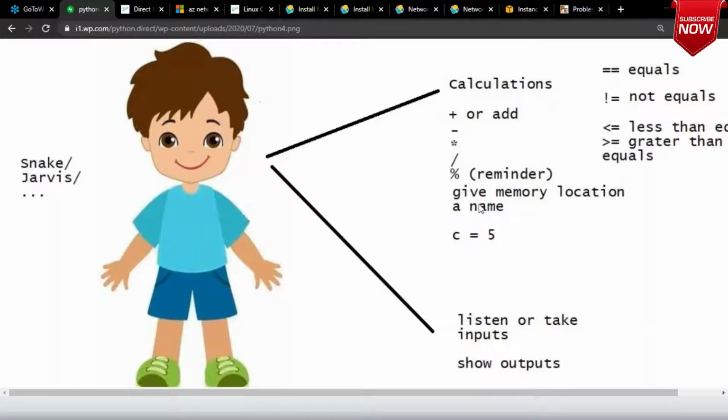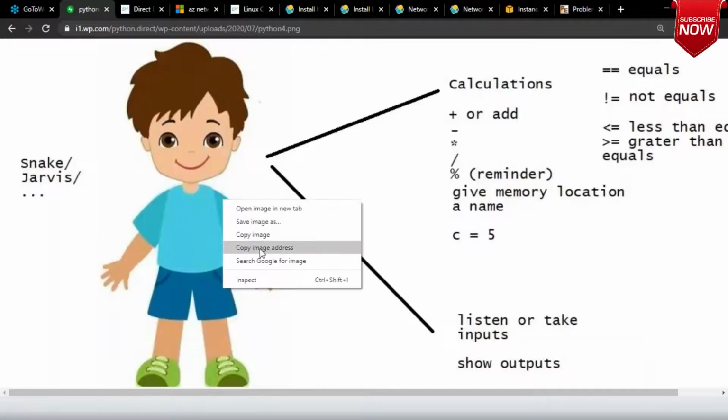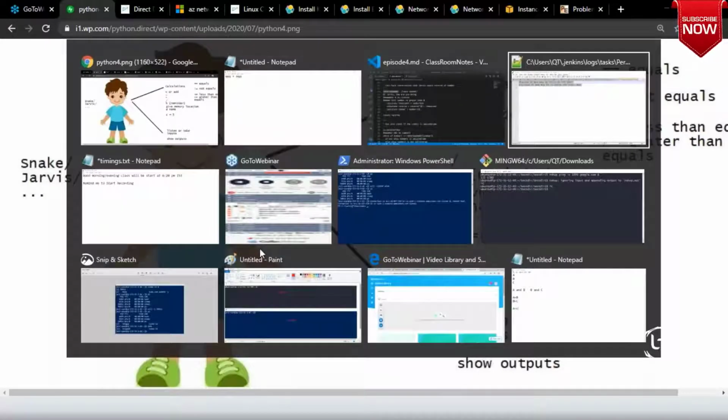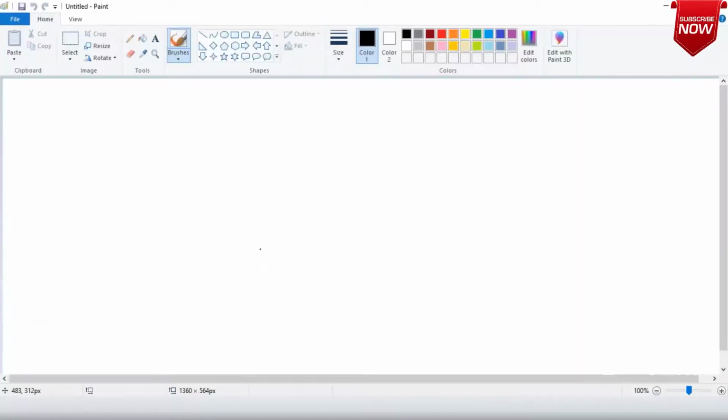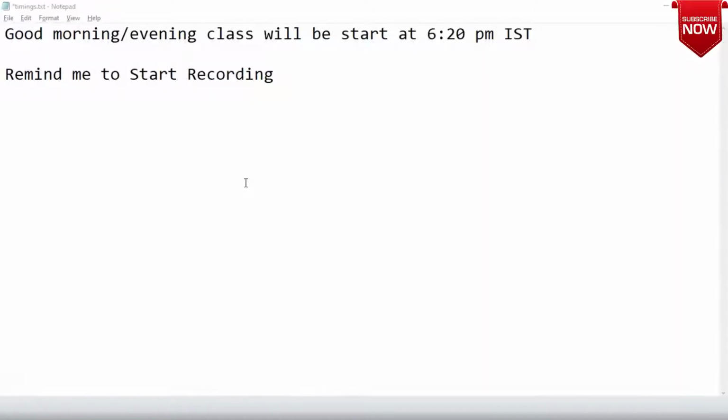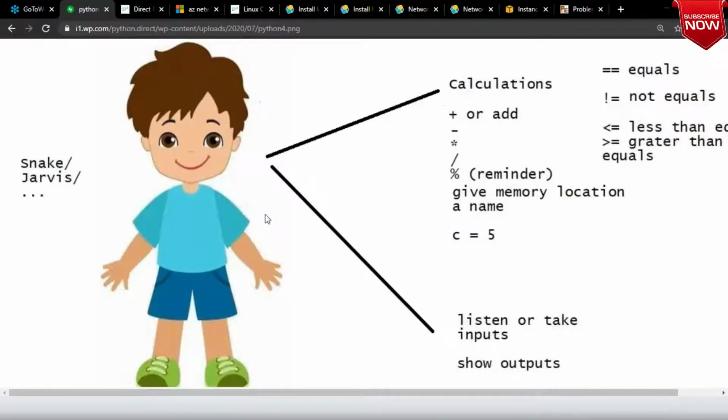Okay, right. Now what I would do is, let me add one more skill to Jarvis now. Let me add one more skill to Jarvis. Okay. One minute. Copy image.